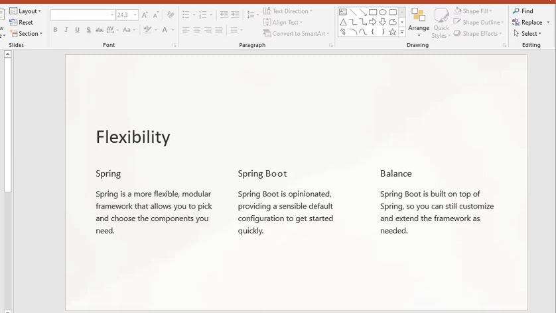At that time, I will use Spring Hibernate. For iBATIS support, I will use the Spring ORM framework. With the help of ORM, we will get Hibernate support and iBATIS support. Then suppose I want AOP, so source-level metadata it will provide. Then Spring Web: with Spring Web, we can use MVC architecture in our Spring framework. That is called a more flexible and modular framework that allows you to pick and choose the different